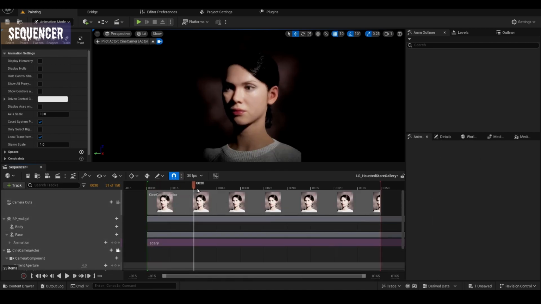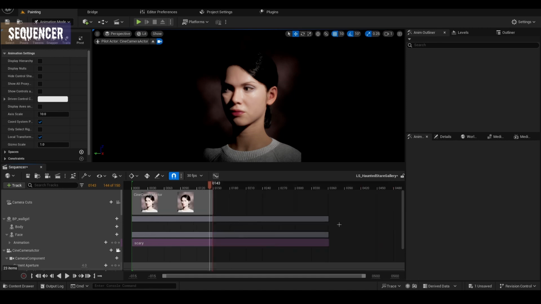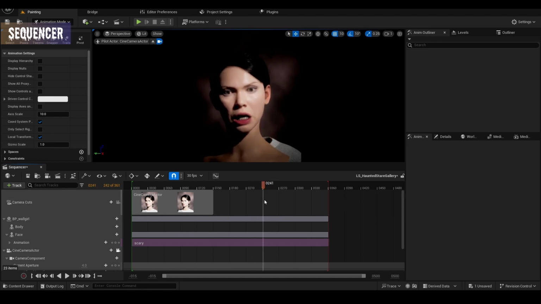So if you see that, it's a little bit short. So I'm gonna change the duration to, for example, 500. Okay, and I'm gonna extend the length to here. Yeah, and then